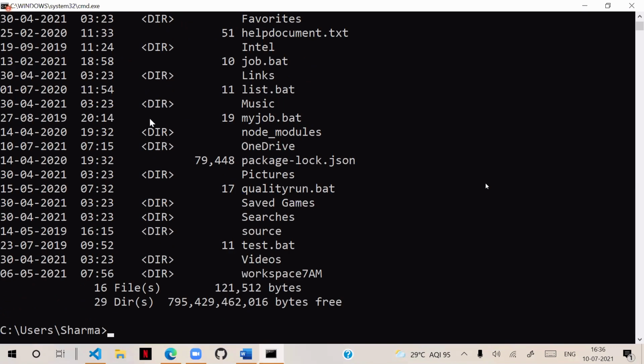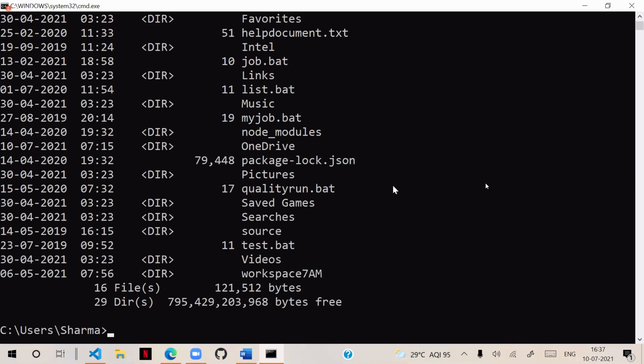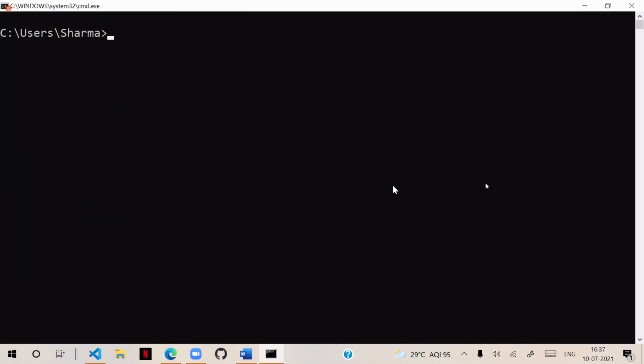So we have some list of files and directories, and it executed that once. I will write dir, and it is executing that list. I want this list to execute continuously until I stop it. In that case, if we want to execute continuously until it is stopped, then what I will do is